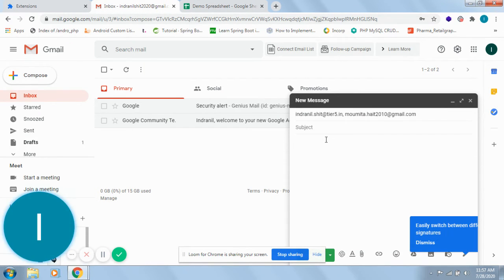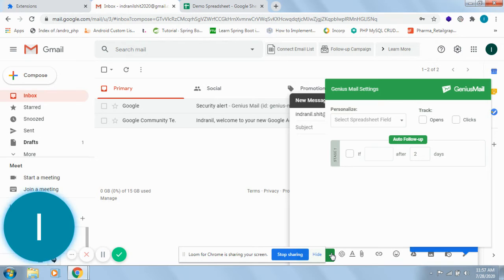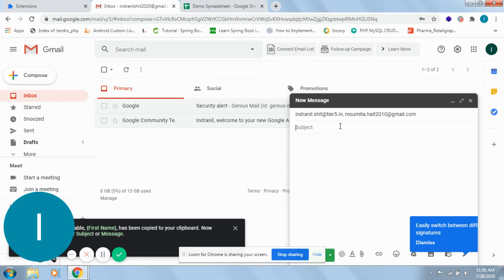This is the subject. We are hiding the basic Gmail button. This is our personalization field, basically the settings button. What you can do from here is that this is the personalized field. The column names that are in the spreadsheet all come in this drop down. You can select from here and just paste it here.